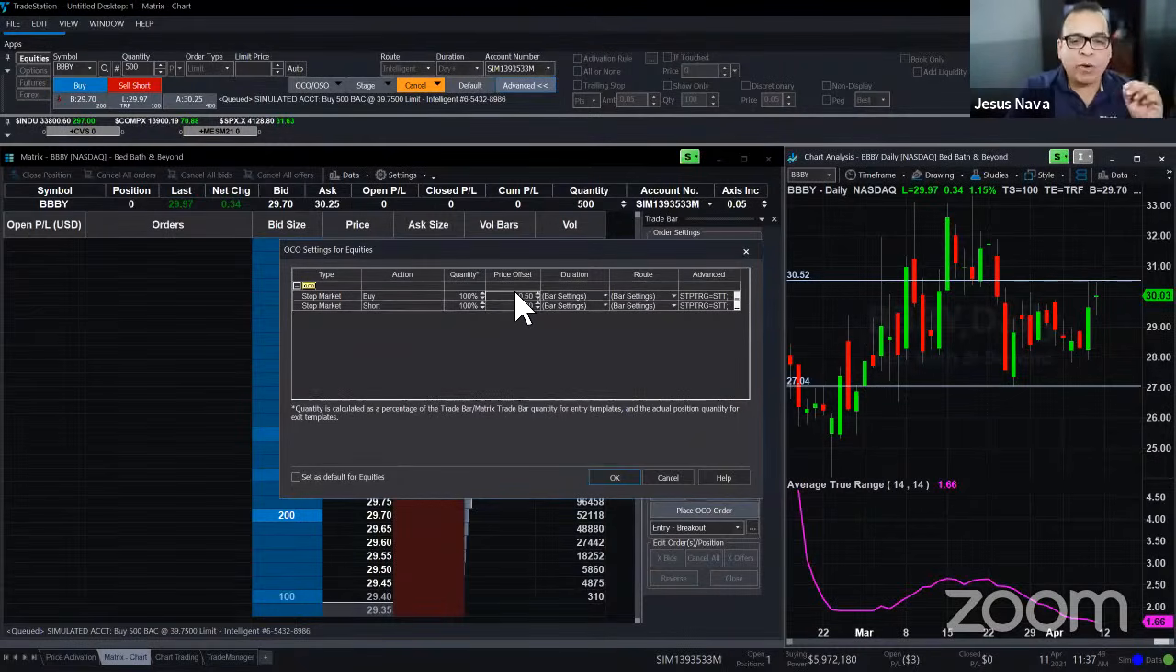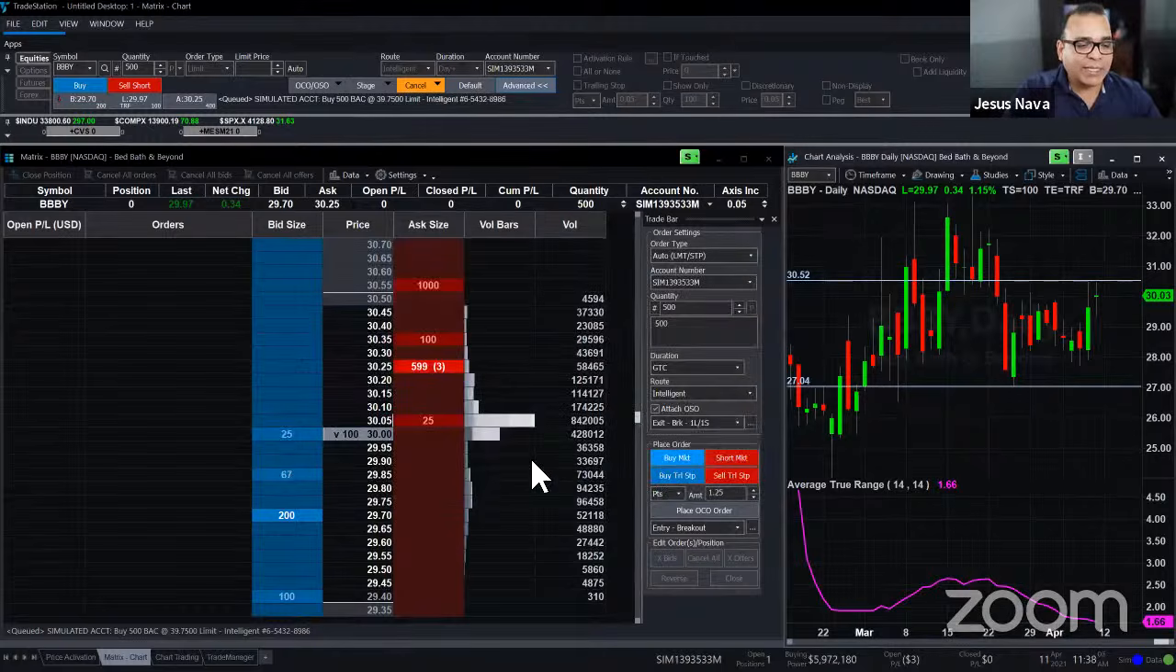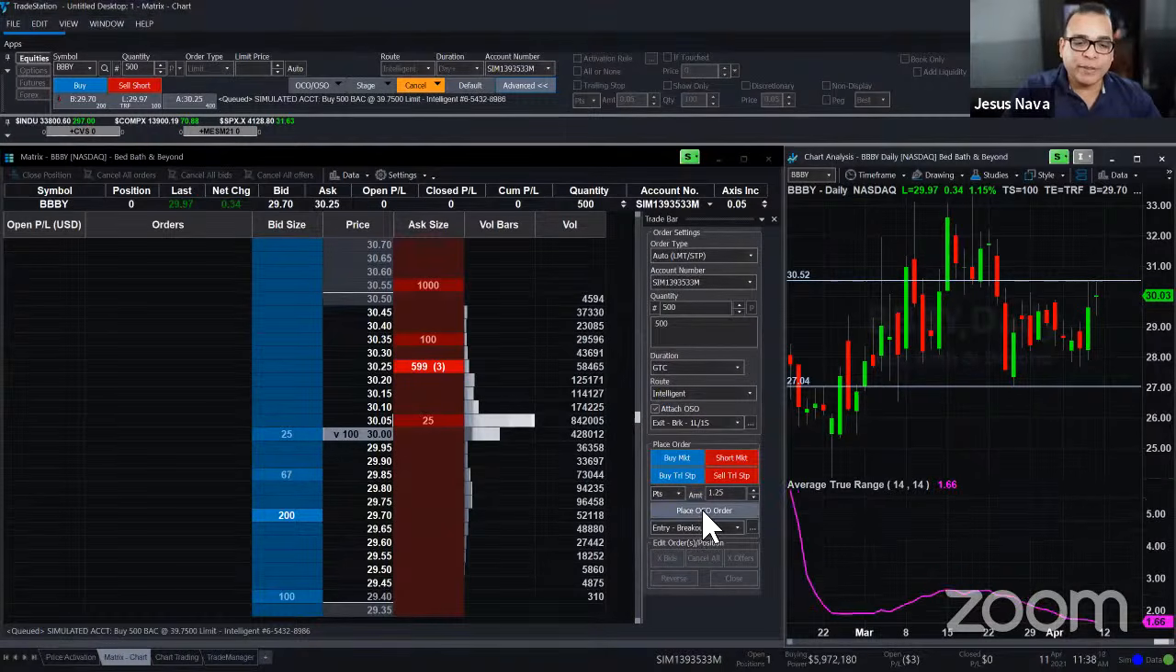Maybe I want to go outside of this channel that I've created. So let's go ahead and do that. I'm going to do 55 cents right here for my buy order. And I'm going to do 27. I'm going to do 3.05 here for my short entry. Once I click OK, I can place or click on this big button that says place OCO order. When I do that,